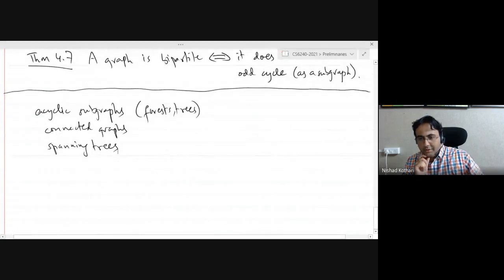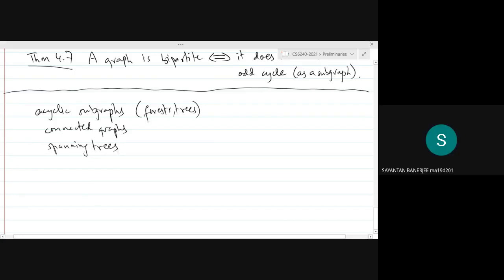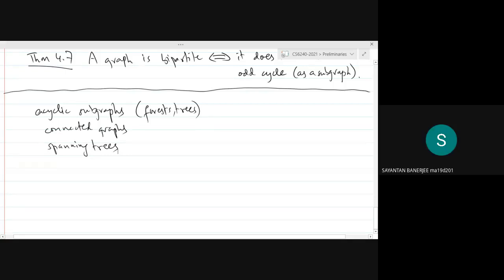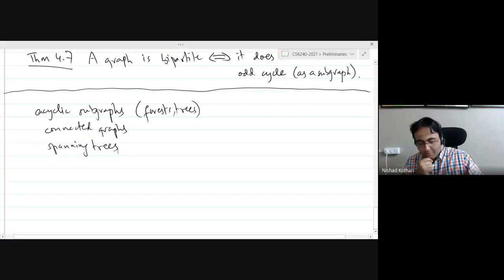There is a question: is there any way to determine if two graphs are non-isomorphic? That is not an easy discussion. So is it Sayantan who asked the question? Yes, sir. Are you familiar with complexity classes NP and co-NP? Not exactly, sir. I have heard the terms, but I am not exactly familiar with them. Okay, it doesn't matter. I'll tell you briefly what they are.